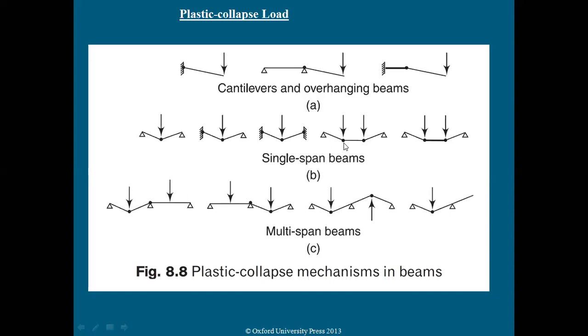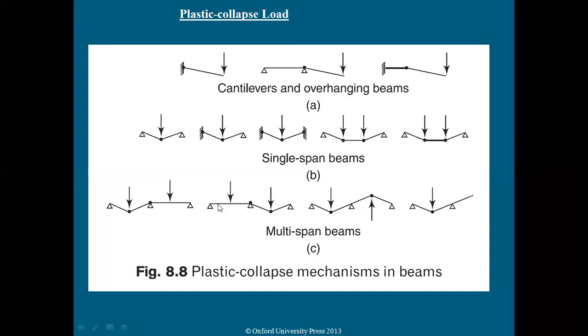Okay, so that is how the plastic collapse load and plastic mechanism play a vital role in understanding the behavior of your section under maximum load. That is how plastic analysis is important to understand the behavior of the member at its collapse load. Okay, and you can see the multi-span beams also. In a multi-span beam, see how the member has plastic hinges at the constant load. This is just a behavior mark. We are not giving any kind of mechanism to the member. It is behaving on its own.